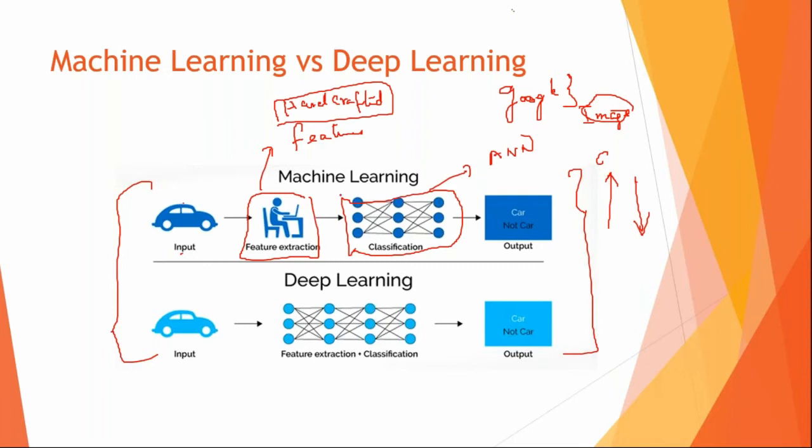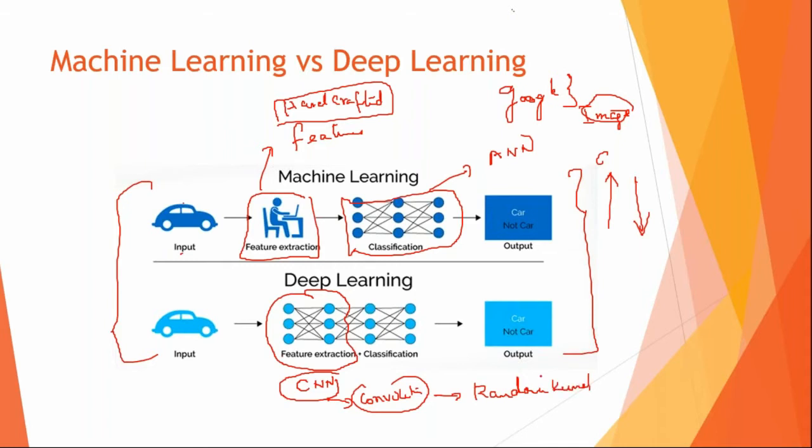So this is the difference. Here there is somebody sitting, maybe a person who has to extract the features and feed them to the neural network to give you better accuracy. Whereas in deep learning, this whole part belongs to the deep learning. This one is called the CNN, the convolutional neural network, where you use a layer of different convolutions with kernels, randomized kernels. You have random kernels, or filter coefficients here. All they do is extract edges or features.